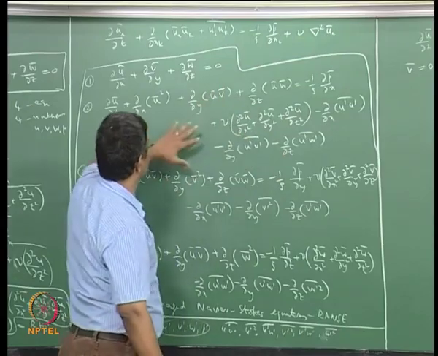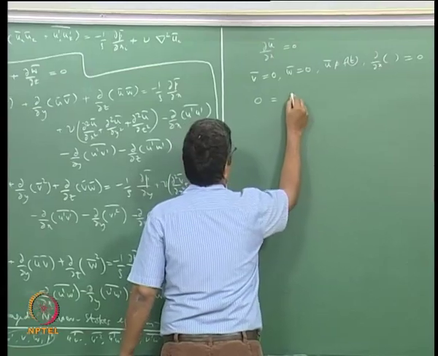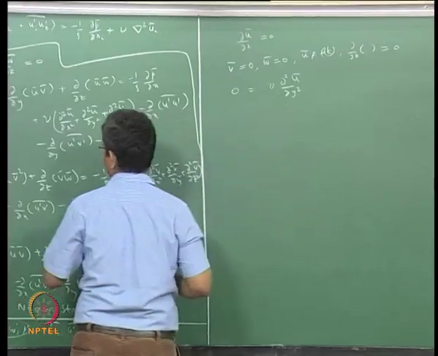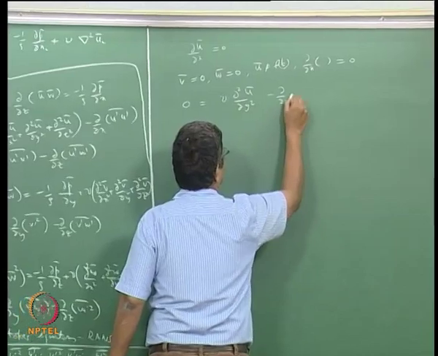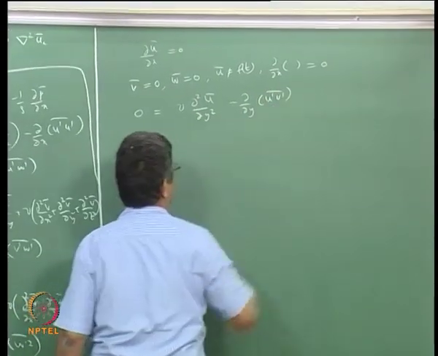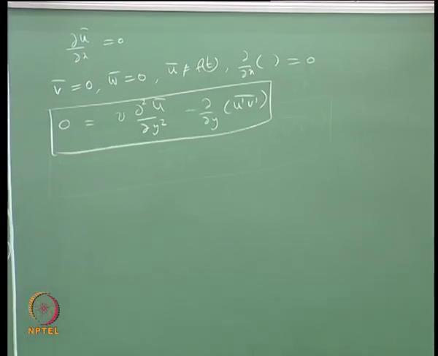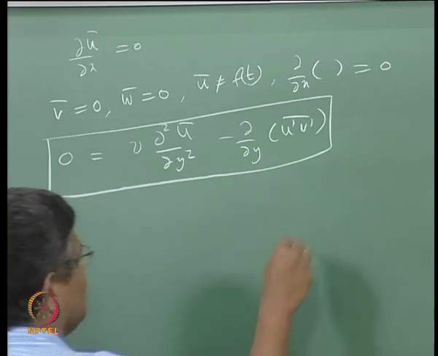So what we are left with in this particular case will be 0 equal to nu del square u bar by dou y square, and then we have this one minus dou by dou y of u prime v prime bar. So this is the one dimensional steady fully developed flow form of the x momentum equation, and we immediately see that in this case this cannot be 0,